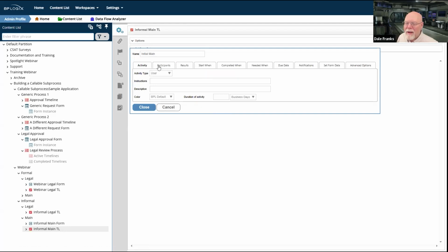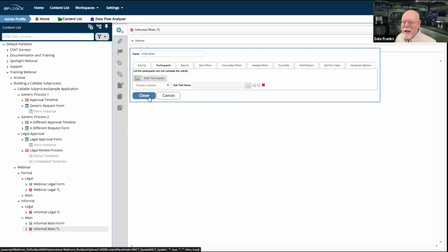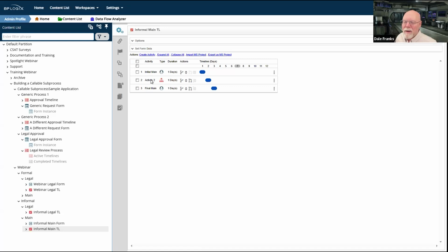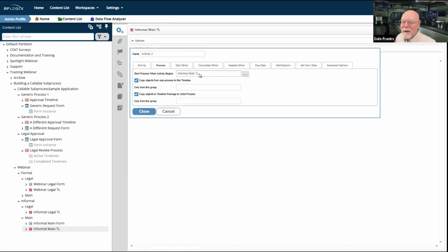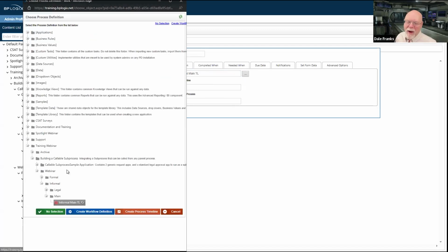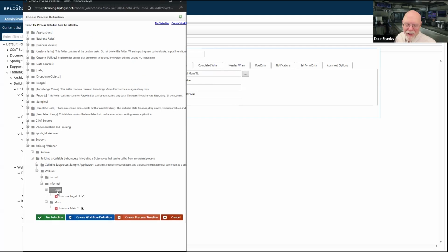All right. It seems like it's in some sort of loop. I have no idea why it would be in a loop. Should go to activity 2, which is process. Oh, well, I restarted the same timeline over and over again.